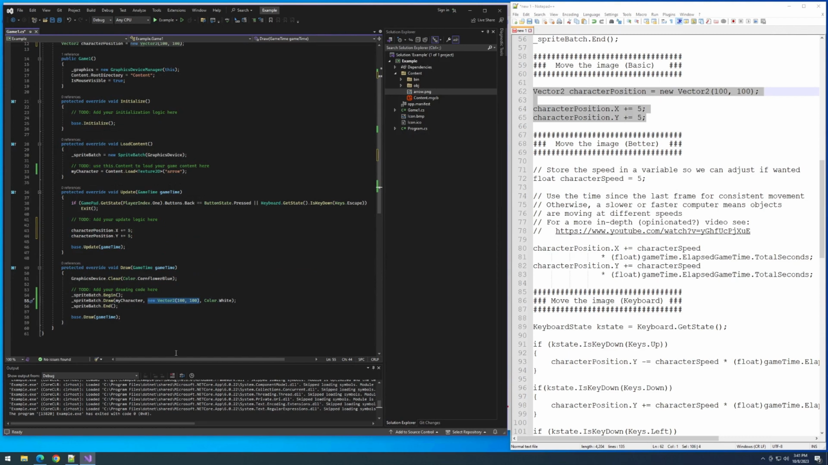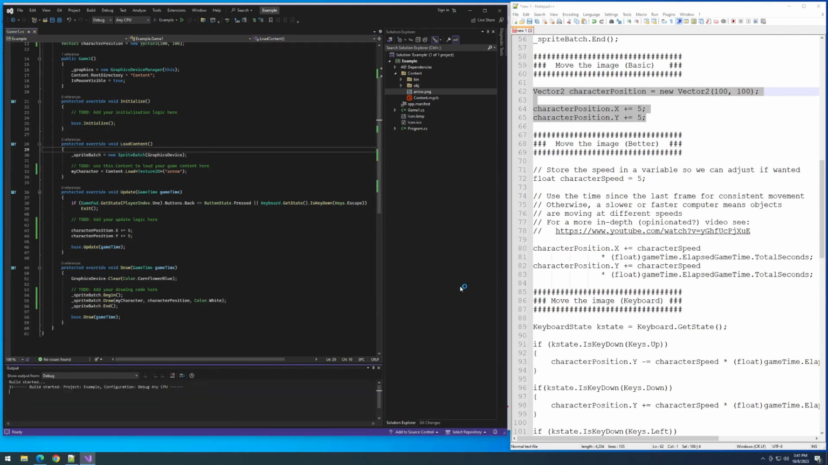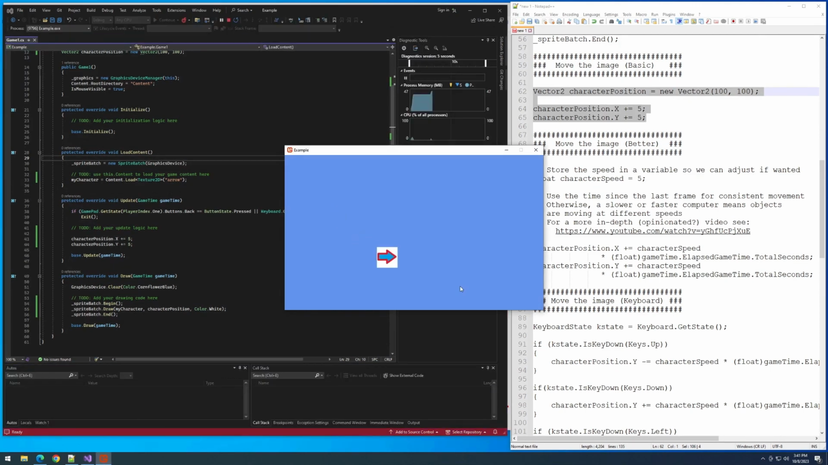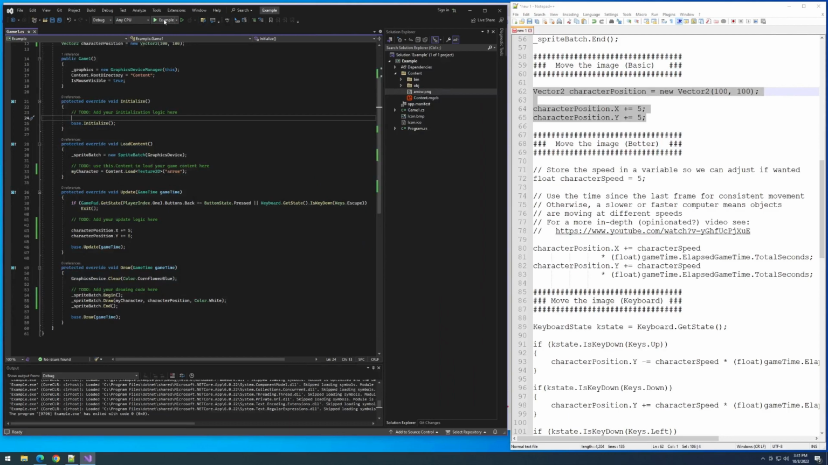Now you can see right here that we're going to change this variable from a hard-coded 100, 100 to that variable that we created, character position. So now when it's drawn, it will be drawn at the position that we are telling it to based off of the updates that are happening to that character position every frame. There we go. Super fast. Now, you might not have seen that because it moved by so fast. So let's just